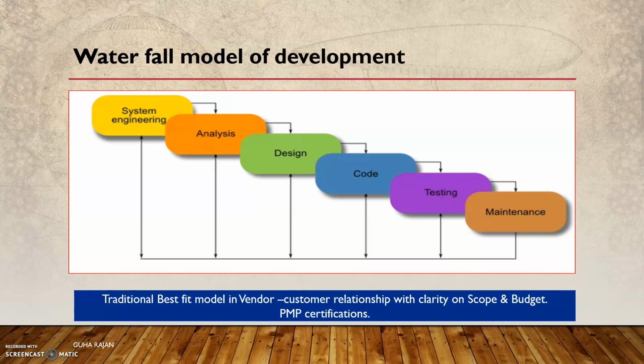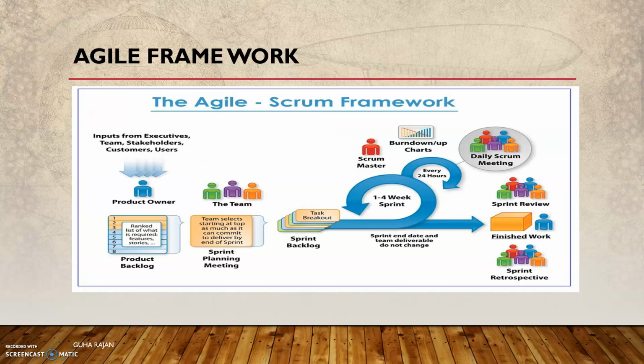And then came the Agile framework. Agile framework is something like, I'm not going into the detail, but it is a short sprint wherein development happens in a sprint of 21 to 30 days. Multiple releases happen, features are built in that sprint and released, and then from the product backlog they keep adding to the next sprint.